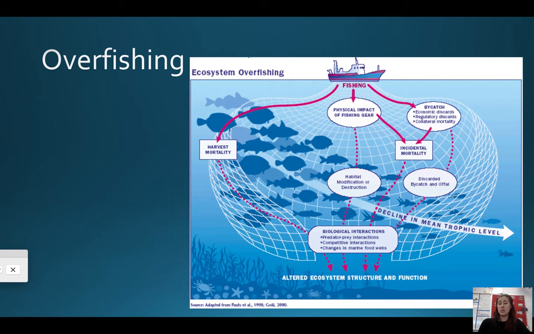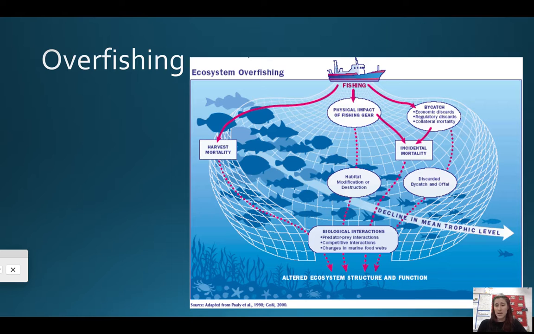Overfishing is a really big deal. There are even courses you can take in college that specifically focus on fisheries methods, but we'll just skim over it for now. We'll do more on it at the end of the term. But what happens is, as technology has improved, we're able to scoop more fish out of the ocean than we ever used to be able to. So instead of just taking a few fish out of the ocean and allowing them to replenish, we're able to scoop giant, huge schools of fish out of the water, basically taking almost every individual, which leaves little to none to reproduce, which forces the organisms that are left to reproduce at a younger age and a smaller size. And so it can actually cause a decline in the mean trophic level.